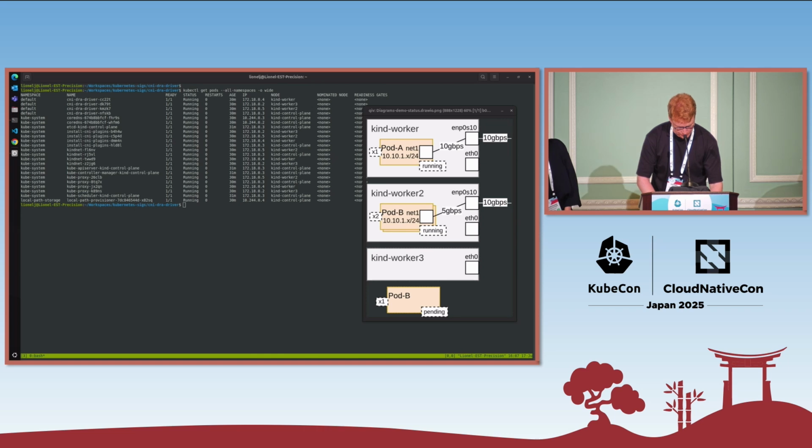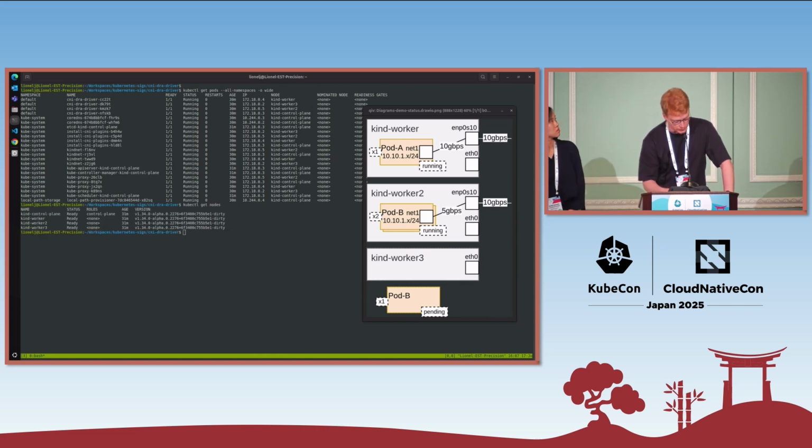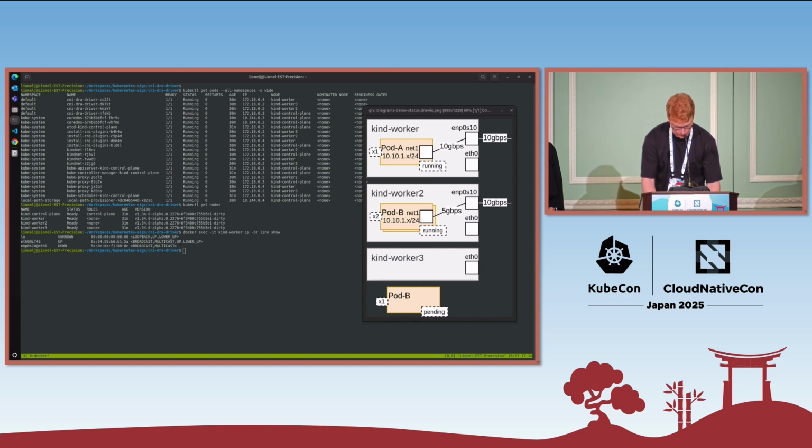We will verify the nodes. We have the control plane that we will ignore, but we have the 3 other worker nodes. And we will check the interfaces in each of them. In kind-worker 1, we have this enp0s10. In kind-worker 2, we have the same. And in kind-worker 3, we also have it.